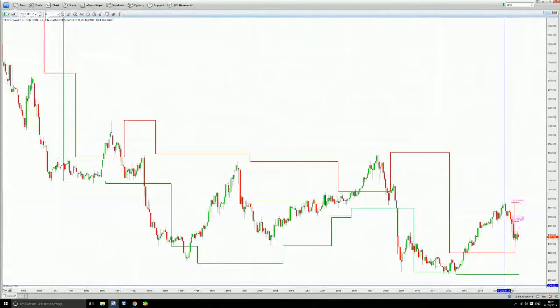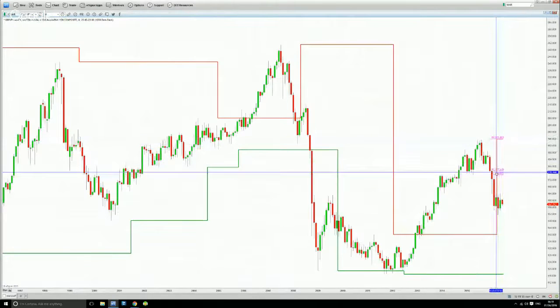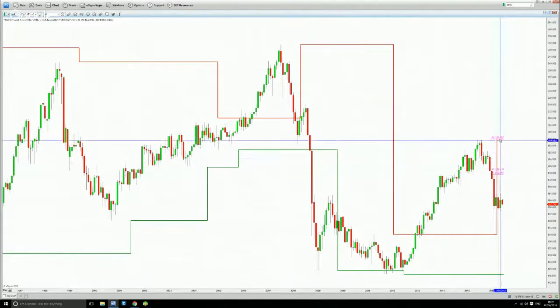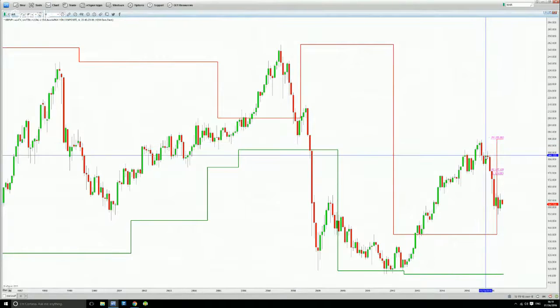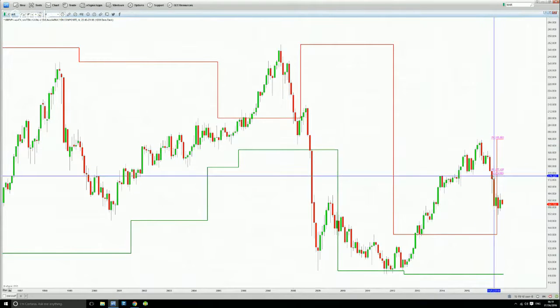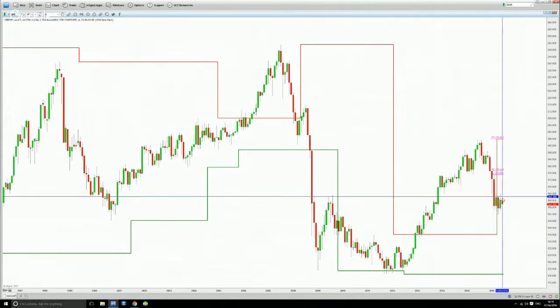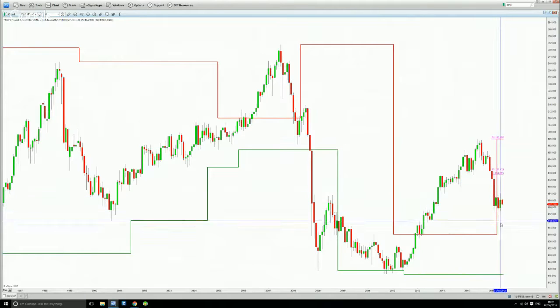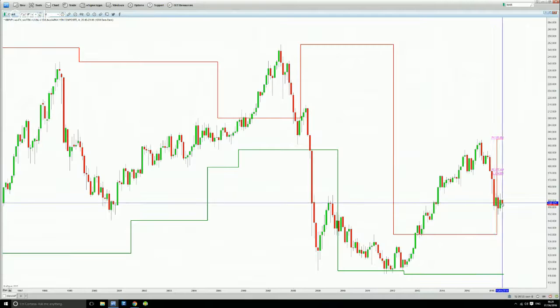Okay, so we can see now this is one of the first currencies that we looked at, which is trading outside of the pink lines. A lot of the currencies are trading inside the pink lines, telling us that there's not really a bias. However, the pound Japanese yen is trading below these pink lines, so we have a bearish bias. So I've been short on this for some time now, and I'm looking for further weakness.